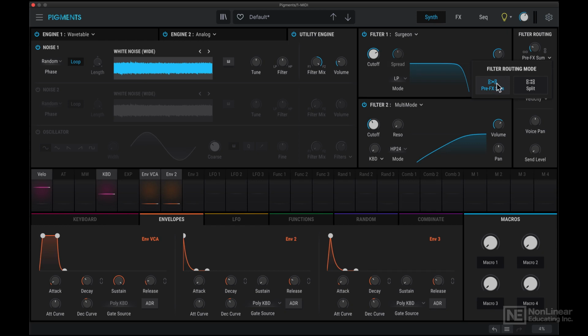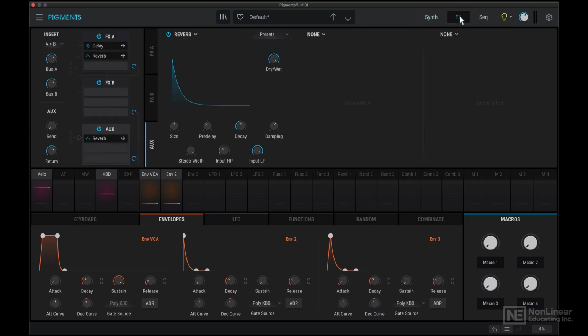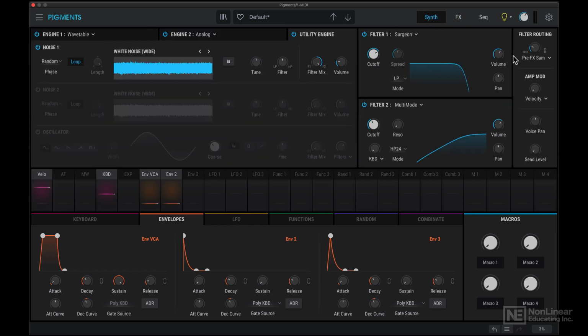Alright, next over here we get to select how the filters are routed to the effects section. So in this mode, the signal of both the filters are sent into the two FX buses. We don't know this in detail yet, but eventually when we look at the effects section, we will see that there are two effects buses. So when we have this pre-effect sum, what's basically happening is that the signal is summed together before it goes